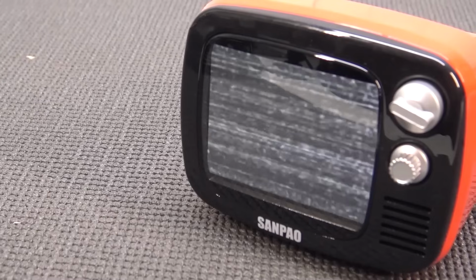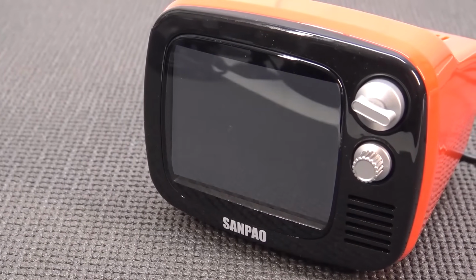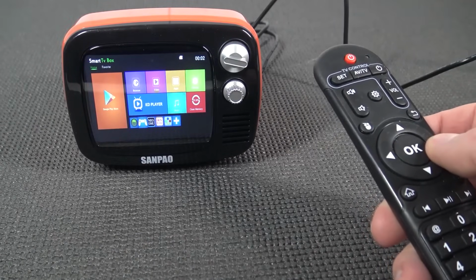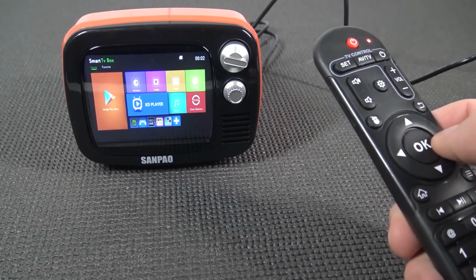Every time you turn it on, it doesn't get any signal. I think it's just more like a finishing touch to this machine that makes it even cooler. I just wanted to give you a quick look at the remote. The remote works very well, and that is something I'm very pleased to see, because you're going to need it, of course, with the